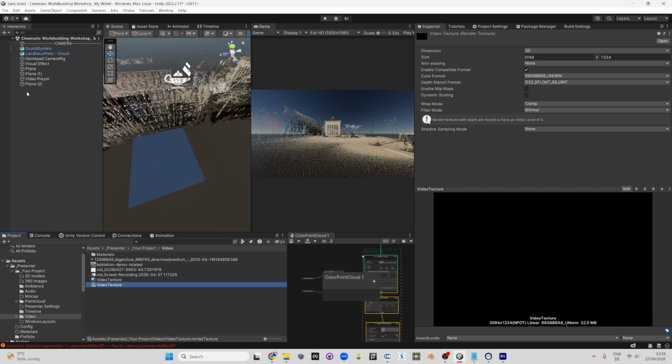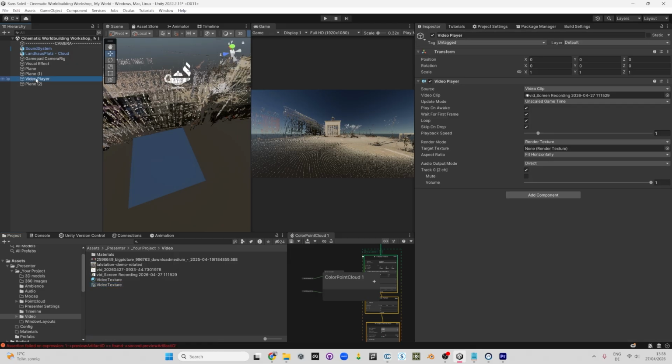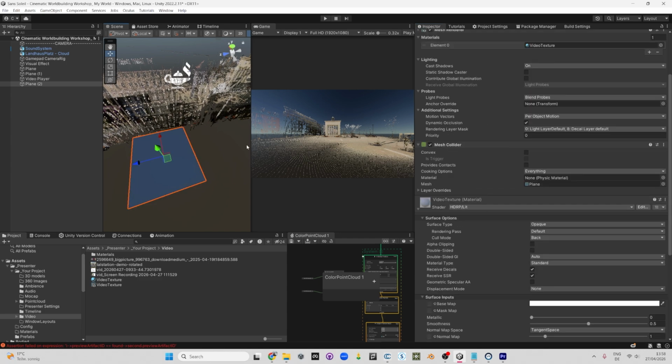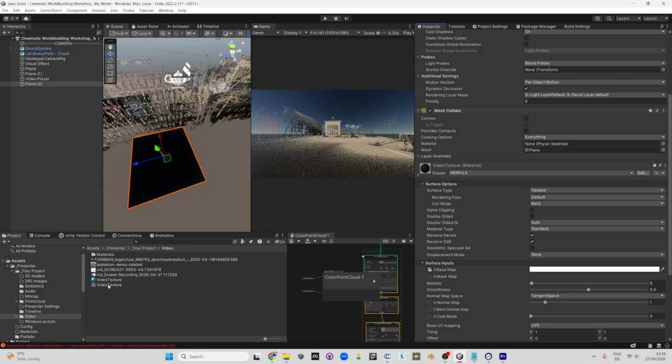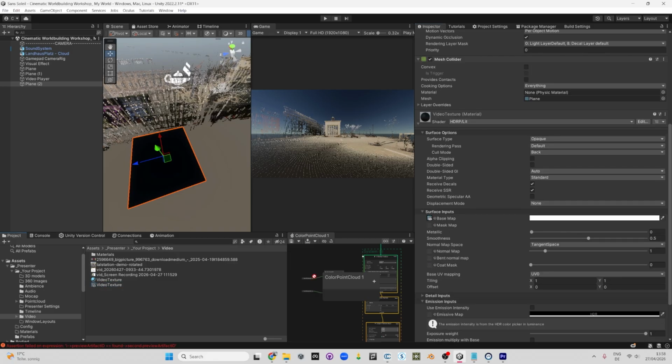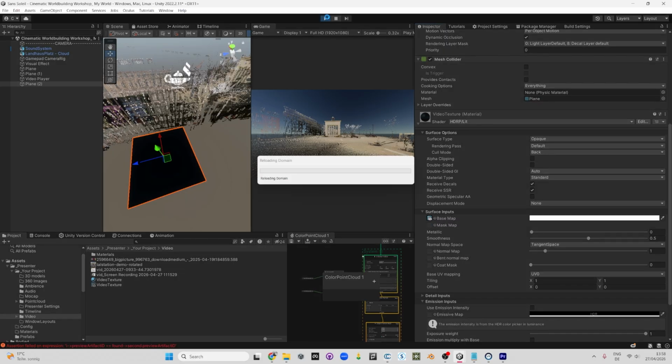And the final step is telling the video player in our scene that the video we are trying to play should render itself onto this newly generated video texture, and that the plane receives this information in its material and renders this texture within that material. So you drag and drop the video texture into the material properties, the base map of your plane. And now if you hit play,